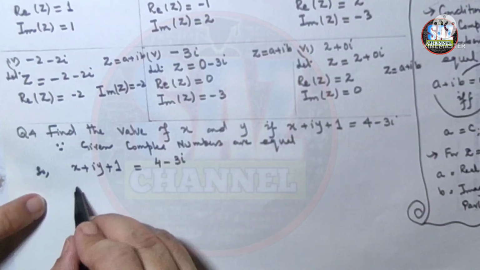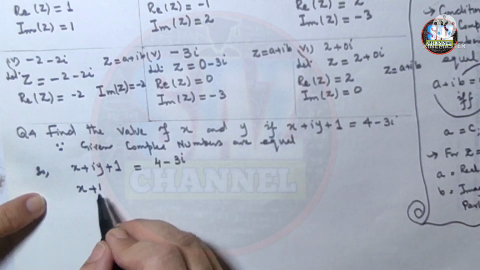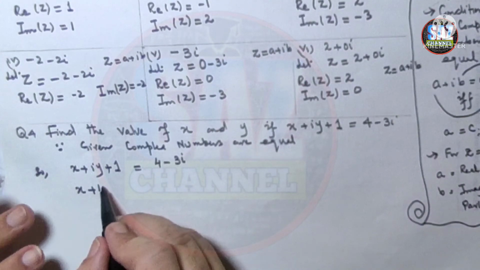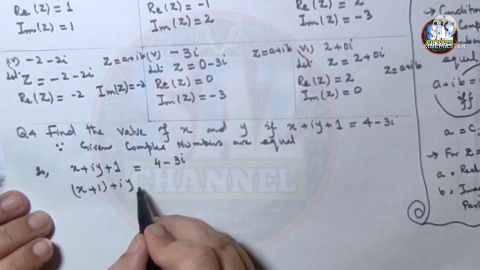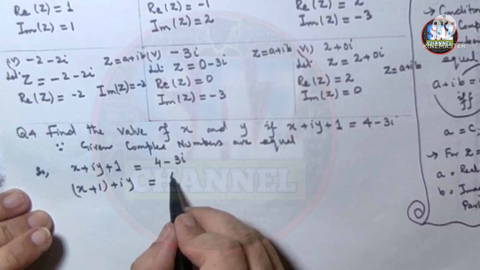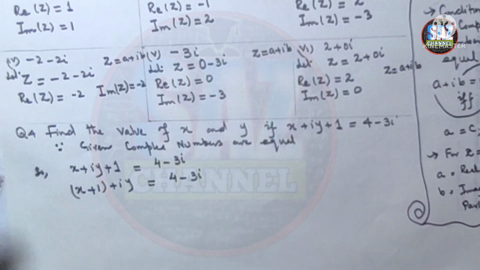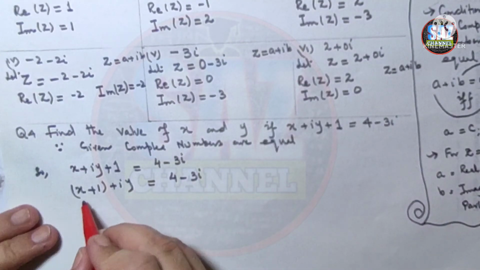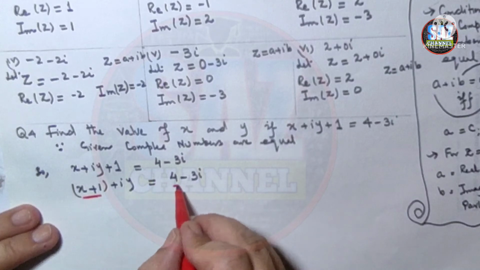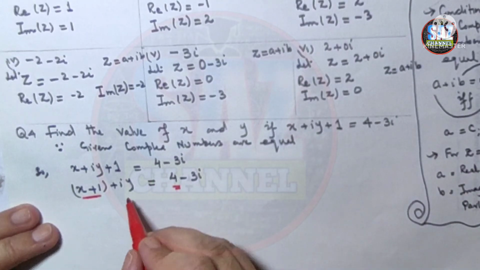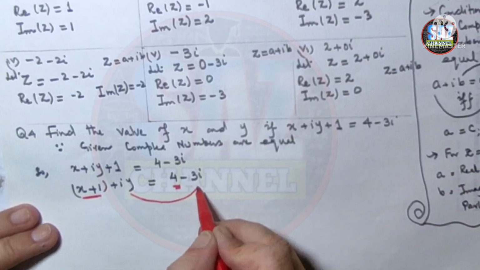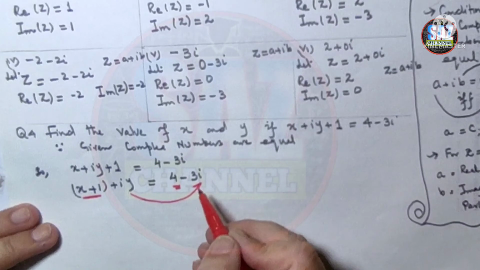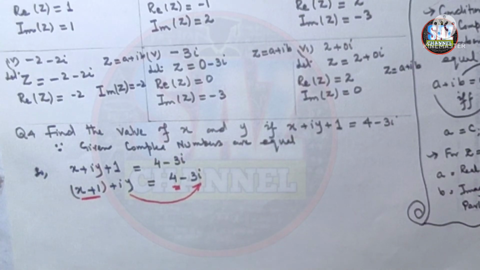So first let me rearrange the complex number which is on the left hand side. x plus 1 plus iota y, okay, 1 I have shifted over here, equals 4 minus 3 iota. Now students, you can see that this is the real part of the first complex number and this is the real part of the second complex number, and this is the imaginary part of the first complex number, and minus 3 is the imaginary part of the second complex number. So by comparison,